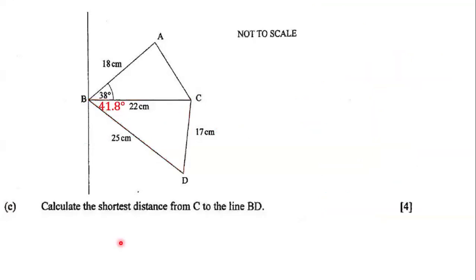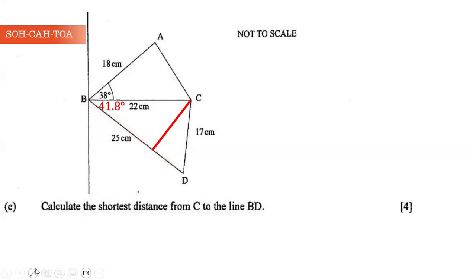Next, we need to figure out the shortest distance from C to line BD. So what is the shortest distance from C to this line DB? Now the shortest distance is going to be a straight line that is perpendicular to the line BD. We're going to draw a line from C to BD, and that line must be perpendicular to the line